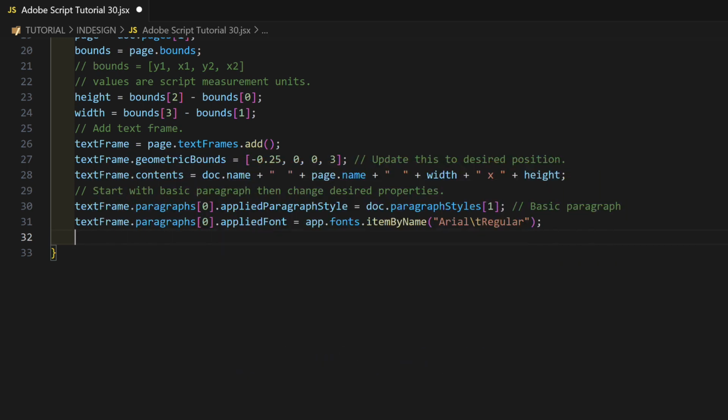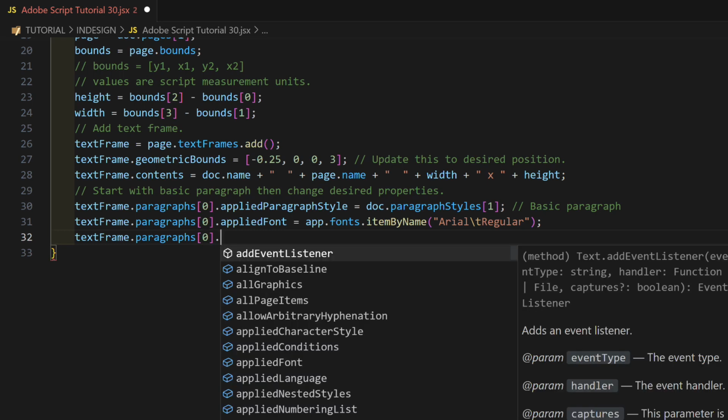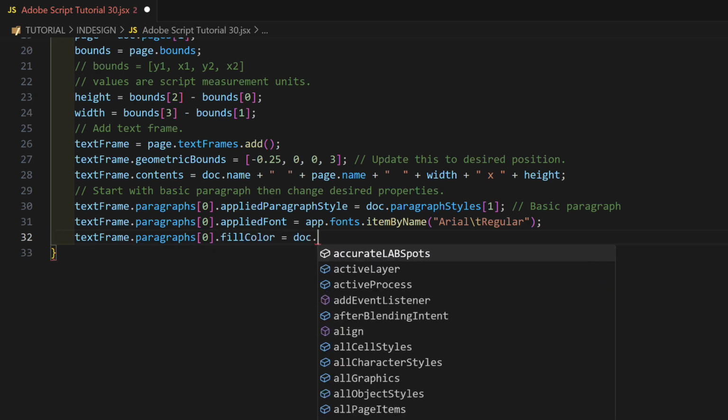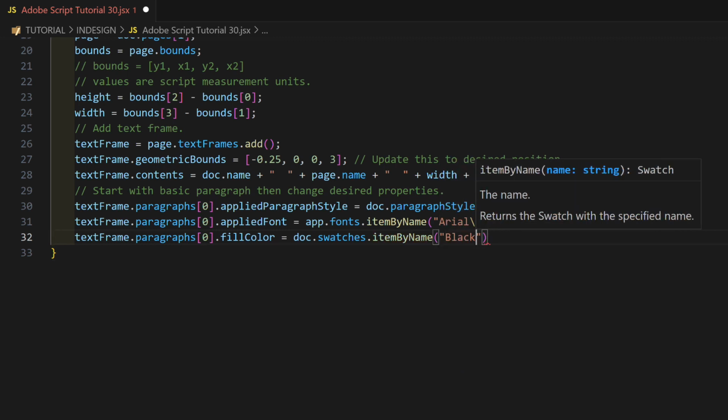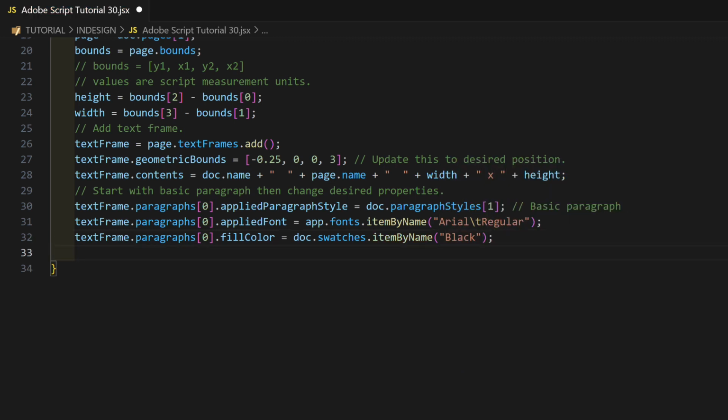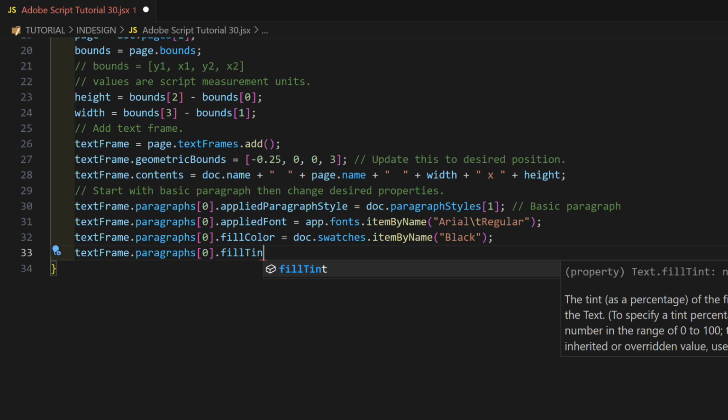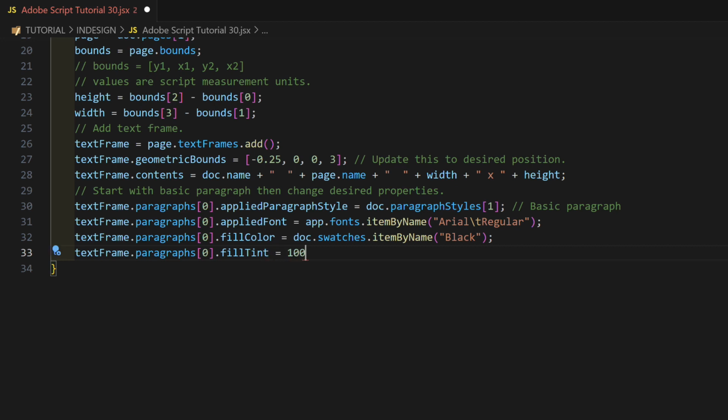Continue setting other properties of the text. textFrame.paragraphs[0].fillColor equals doc.swatches.itemByName("Black"). Or choose another swatch if you prefer. textFrame.paragraphs[0].fillTint equals 100.